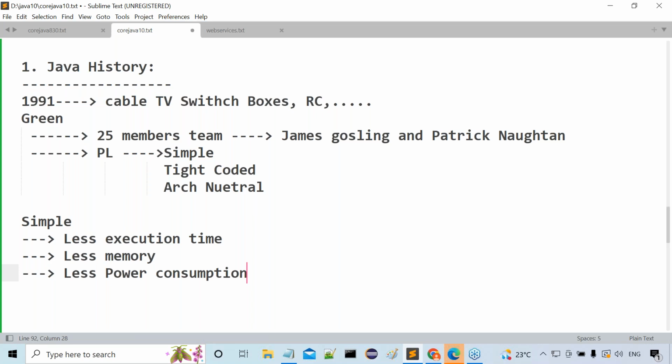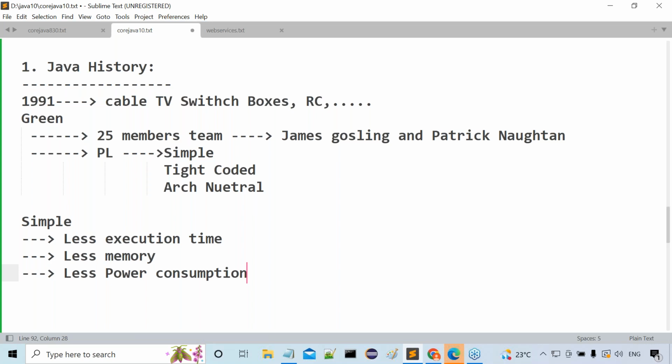Sir, what is the relation between programming language and power consumption, sir? I'll give reasons for it. Sun Microsystems has specified the third point like that only, so I have to explain the same point. Initially, myself also, I thought it is funny. But after I understood the actual reason, I thought it is the right reason for this. I'll give that information also clearly. Now try to understand it.